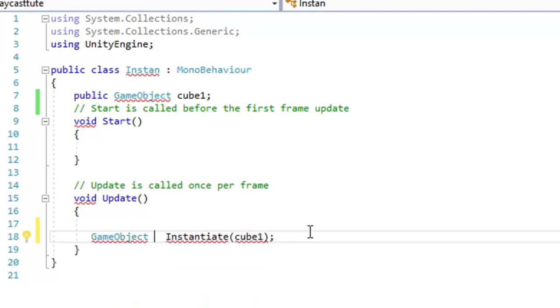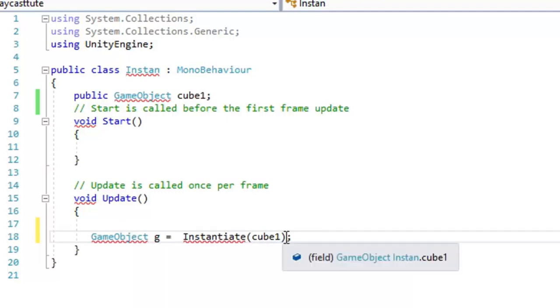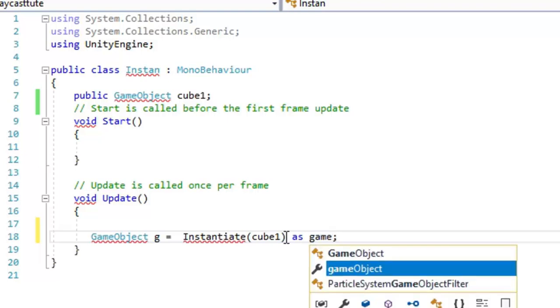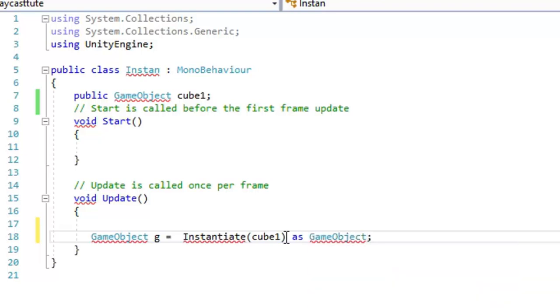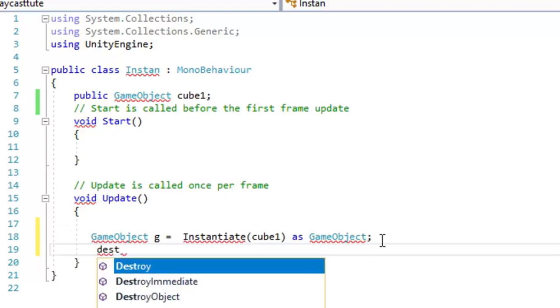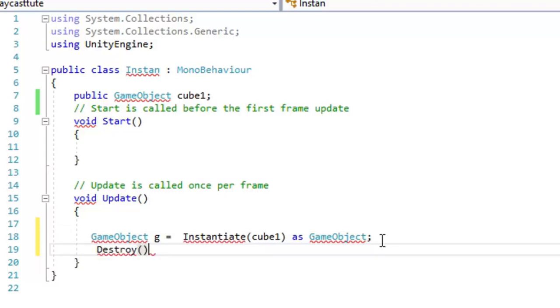We have to create another game object type variable, assign these created clones into G, and explicitly tell that these are game objects. Now we will pass this G into the destroy method,